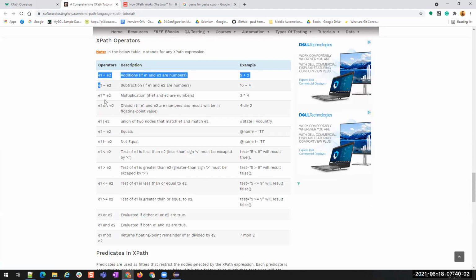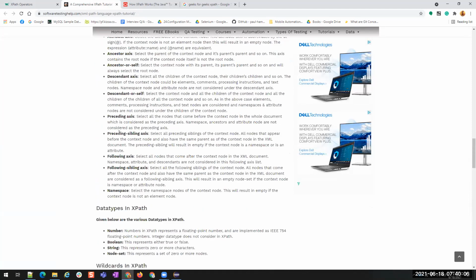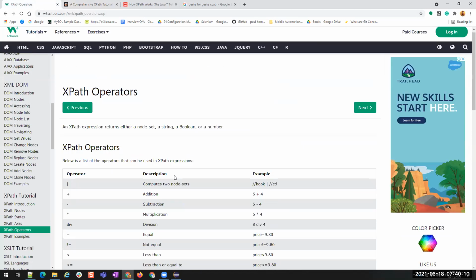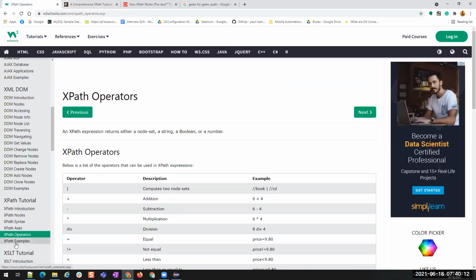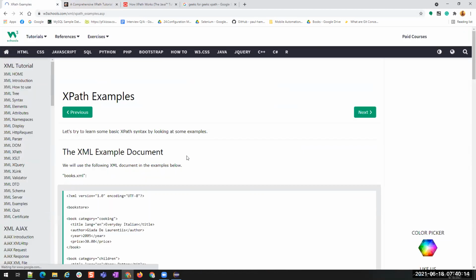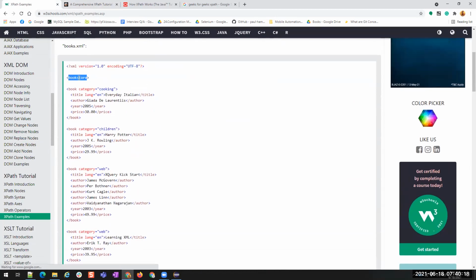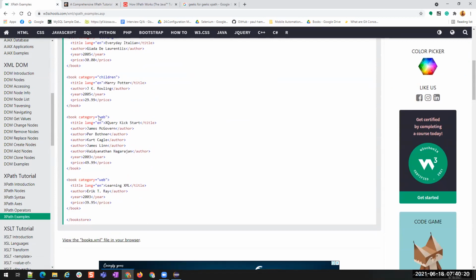When do we use these operators? When you are dealing with XML files and you have some data. For example, here we saw some books, right? Okay, let me see. Yeah, here you see we have a bookstore XML. Now here I have 4 different books. Now I want to know the total cost of all the 4 books.